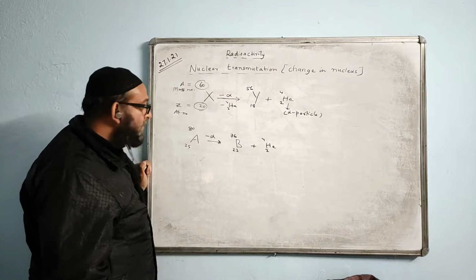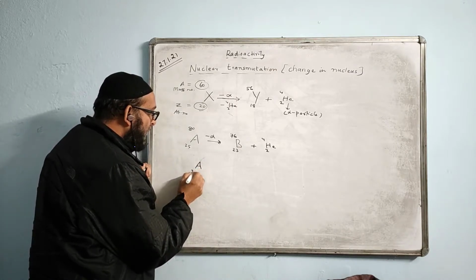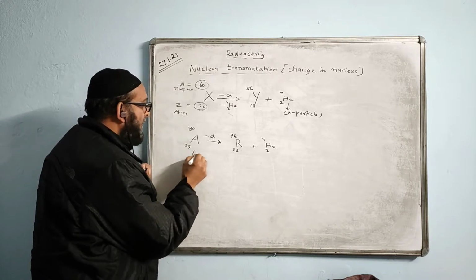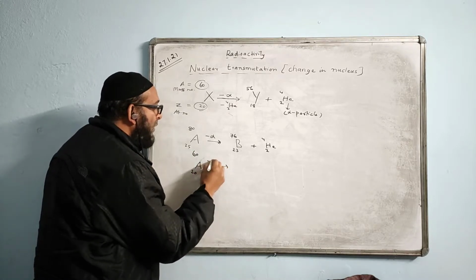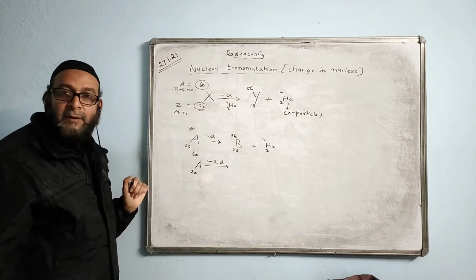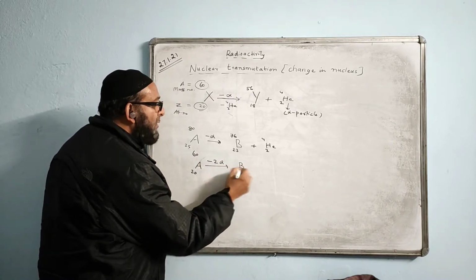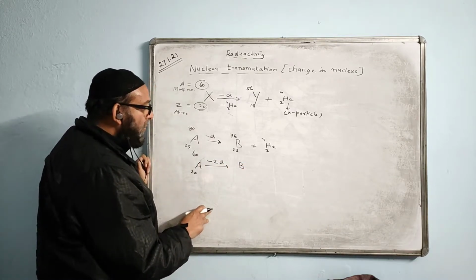That is correct. Similarly, A is here, this is 20 and this is 60, and this time it is emitting 2 alpha particles instead of 1. What change will take place now? The nucleus A will change into the nucleus B, and what answer would you write?